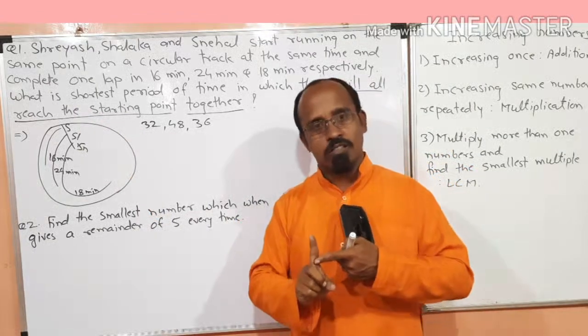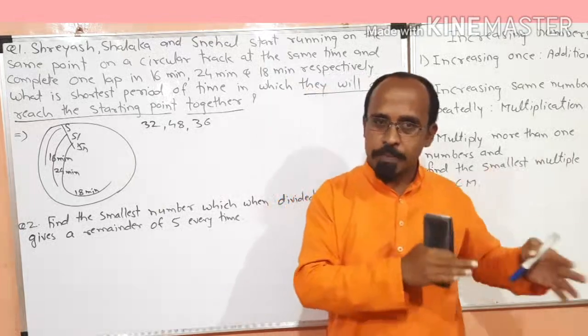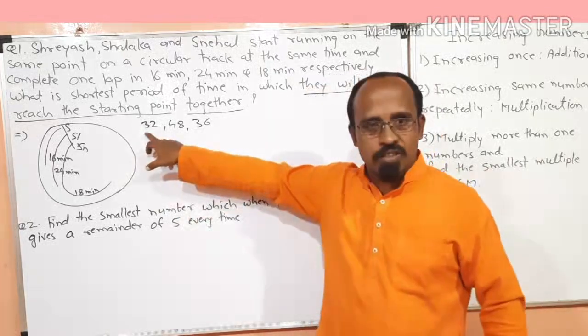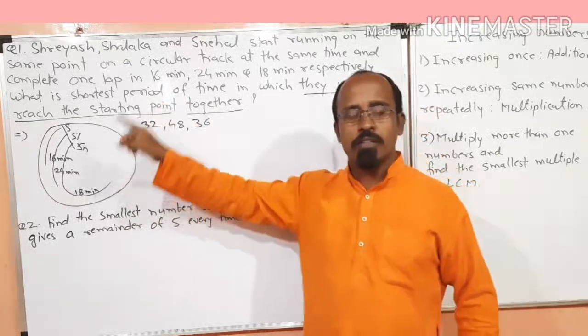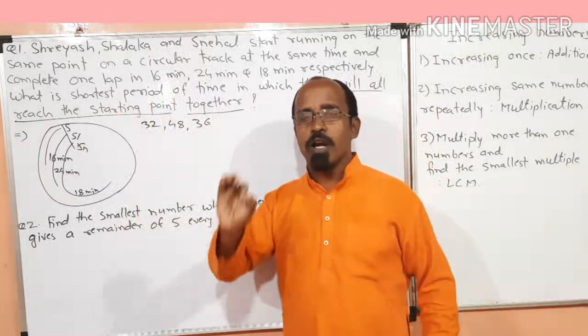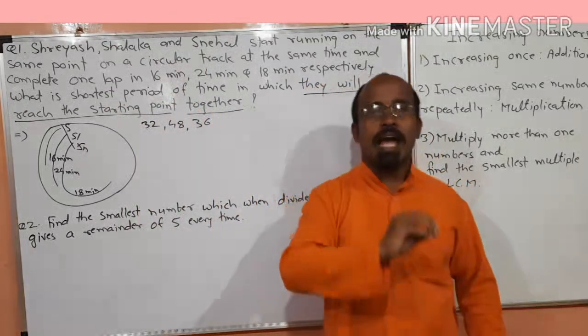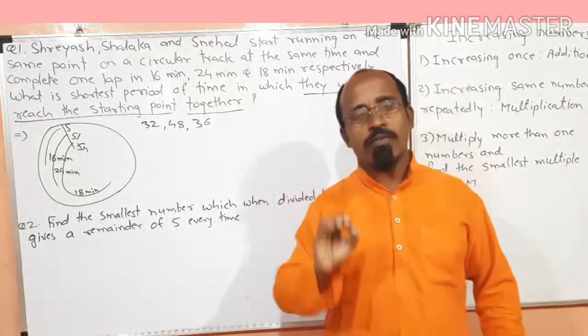For the third round, 16 minutes. Means Shreyas's numbers are increasing repeatedly. Means we have to multiply the Shreyas lap completion time. The same is the scenario with Shalaka and Snehal as well. Means friends, we have to multiply more than two numbers in this example, and whenever we have to multiply more